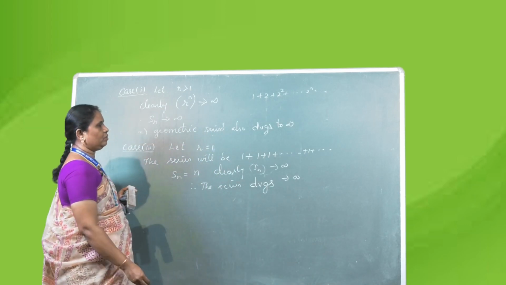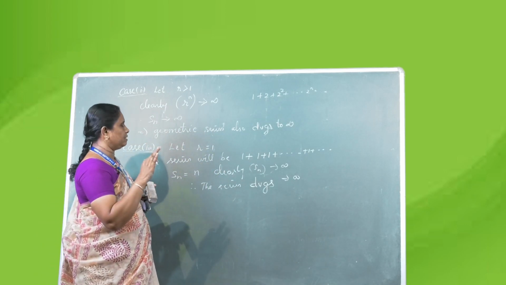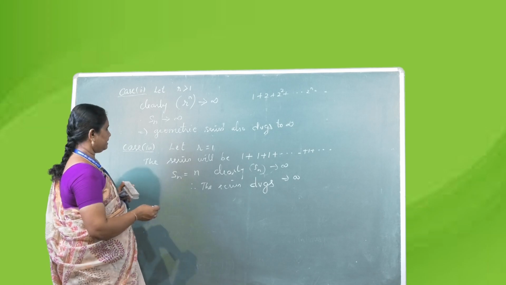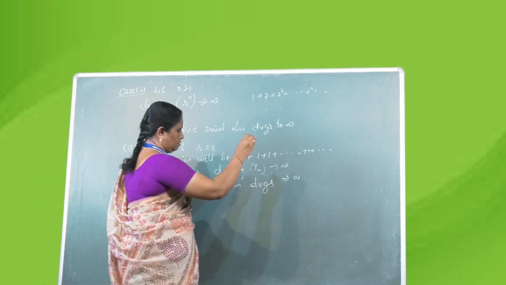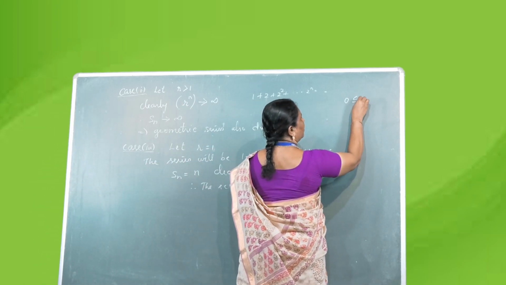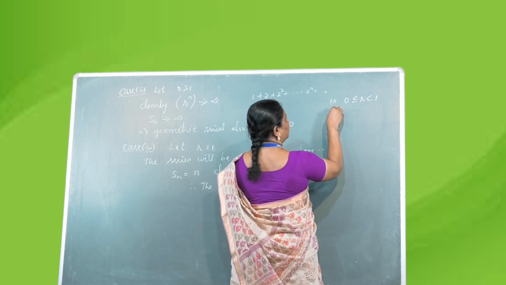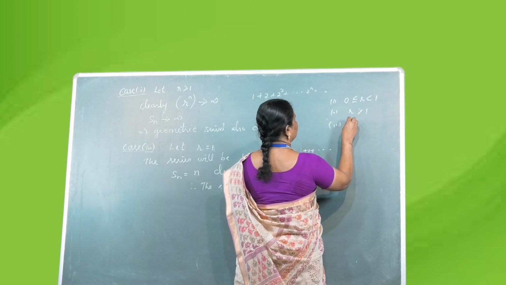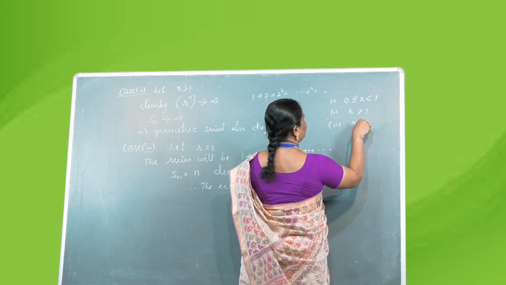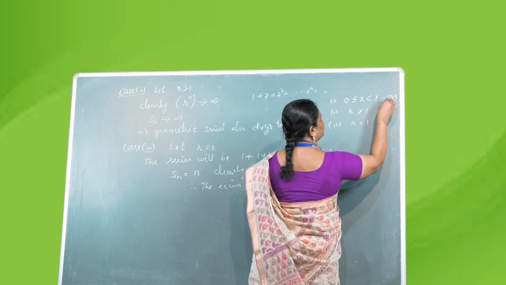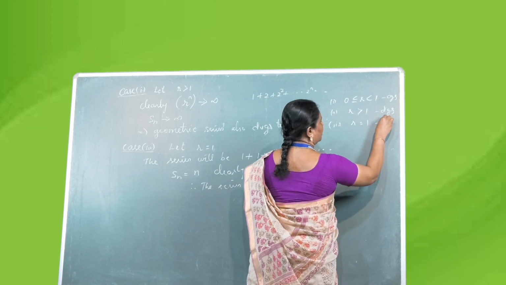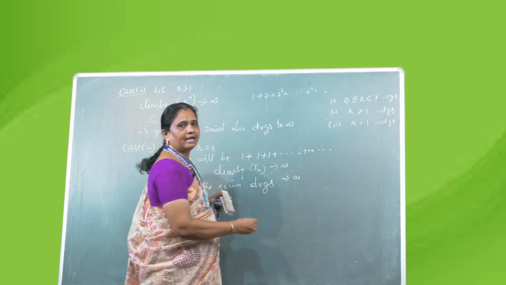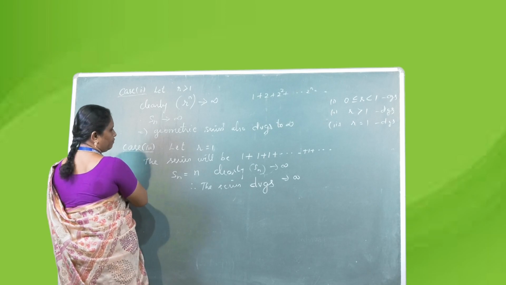Diverges to infinity. So we have completed 3 cases. First case, 0 less than or equal to r less than 1, second one r greater than 1, and third one r is equal to 1. So here it converges, here it diverges, and here also it diverges. And the next case, case 4,